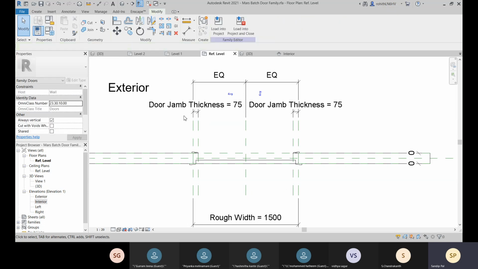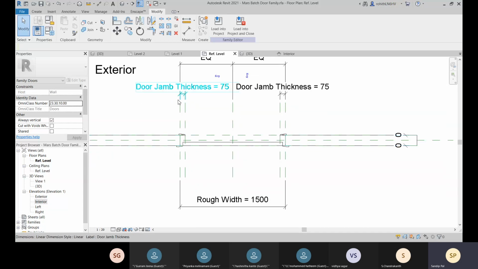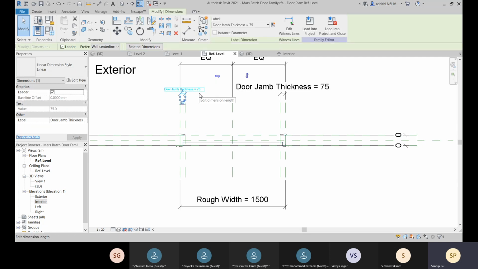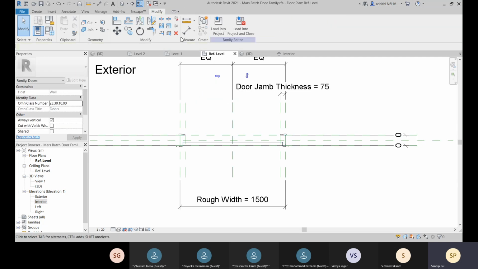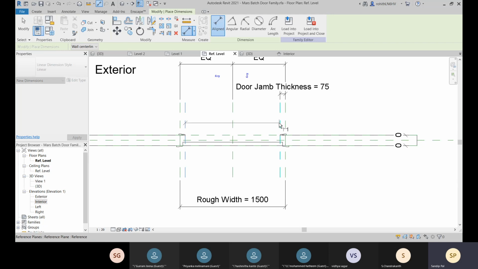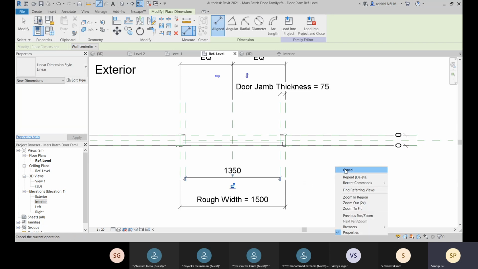All right, so what you can do is you can go for this door jamb thickness, and if you need door jamb thickness, that you can do, or else you can go for your width over there. So let me not go to this, and let me check if I do it this way.